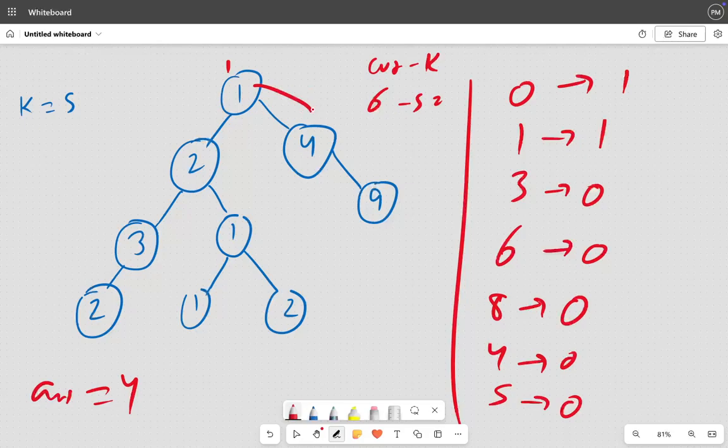Then we are on to this path. We got 5. So 5 minus 5 is there. Yes, one time it is there. So one time, just update the answer and insert,